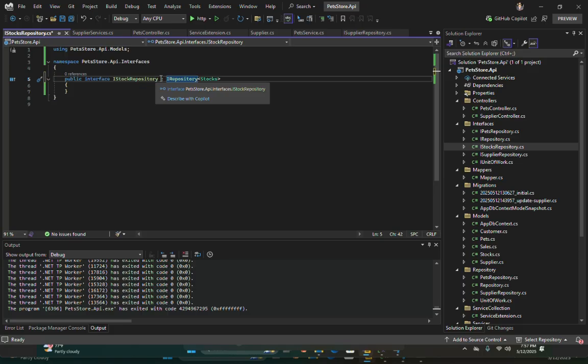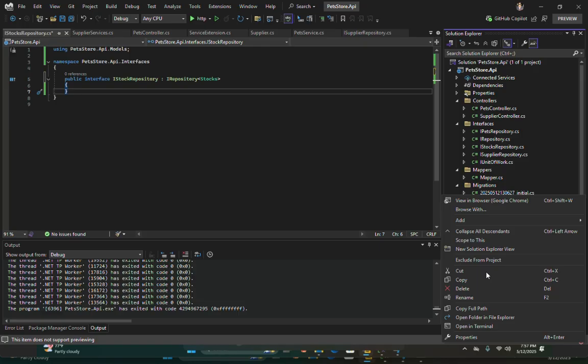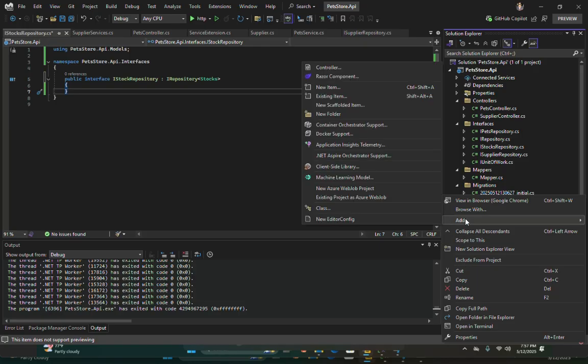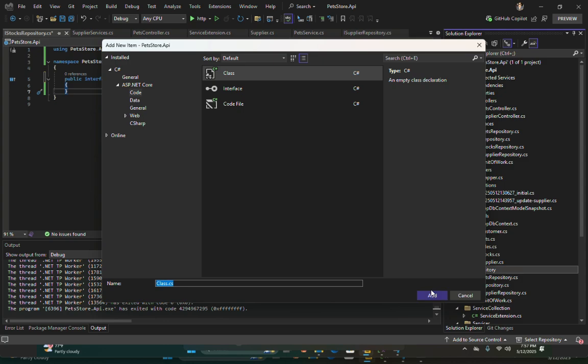Now we will be implementing the generic repository interface. We will be doing the same thing with our repository. We will add a new class, StocksRepository.